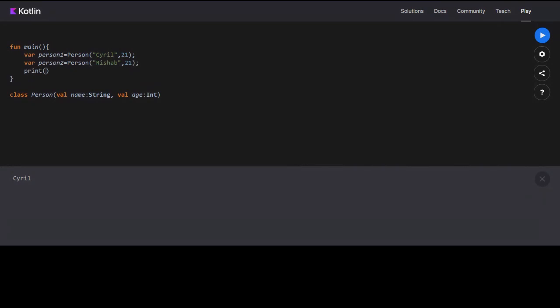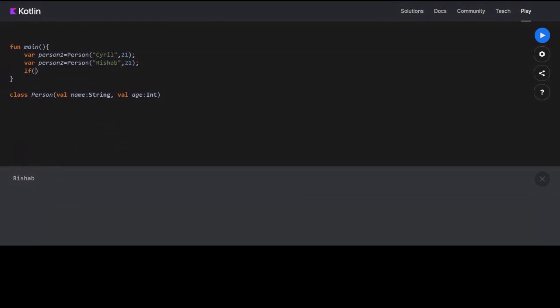If I want to print person one dot name, it will print my name. If I print person two dot name, it will print Rishabh's name. But what if I want to compare these two objects?